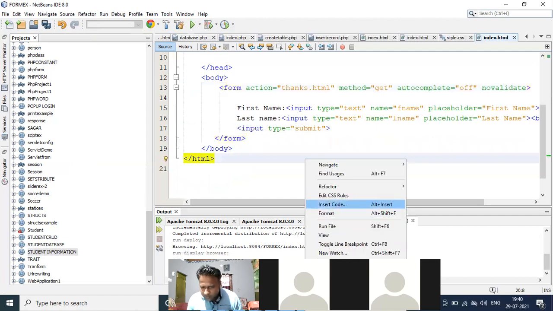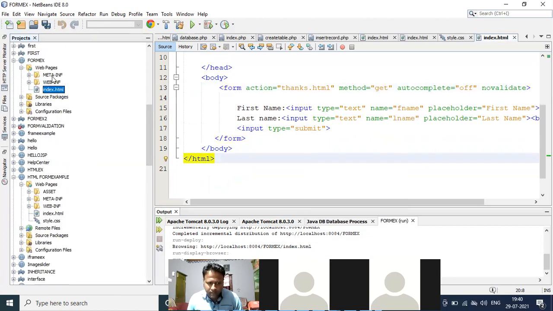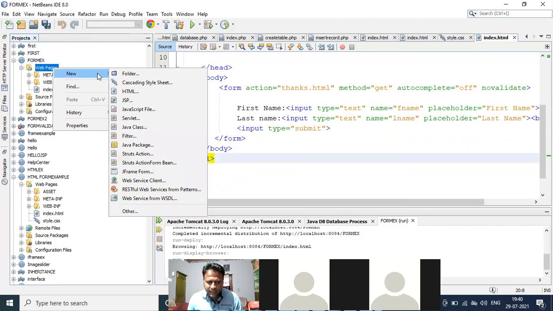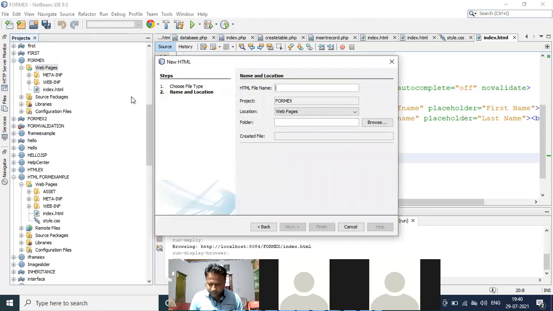So select the project folder. Okay, so here my application is present. Right click, new, I add another HTML file. I give the name thanks.